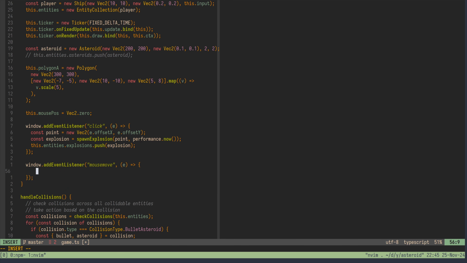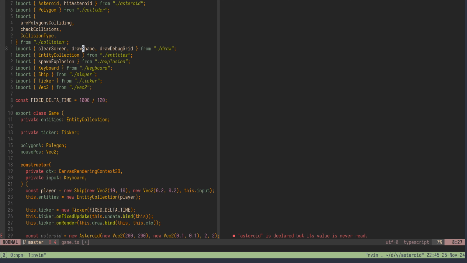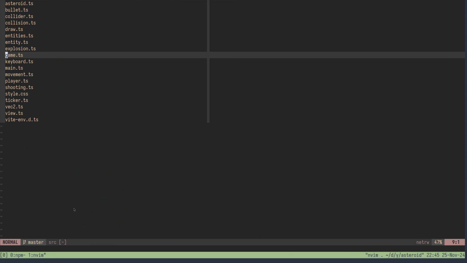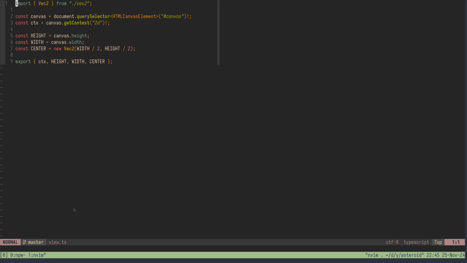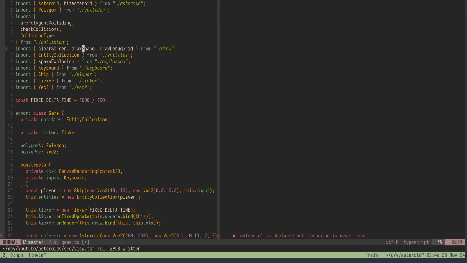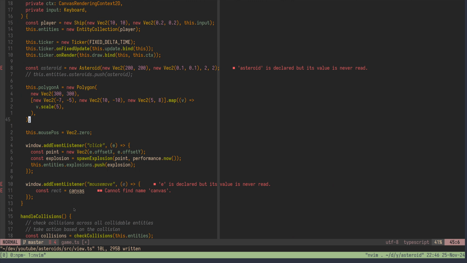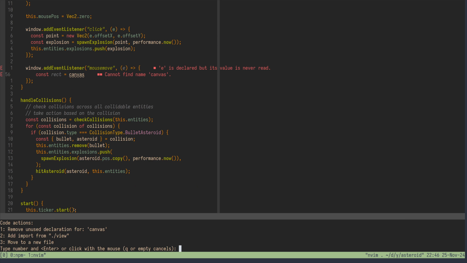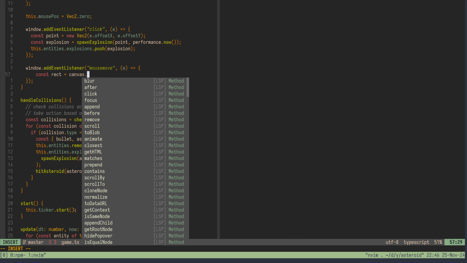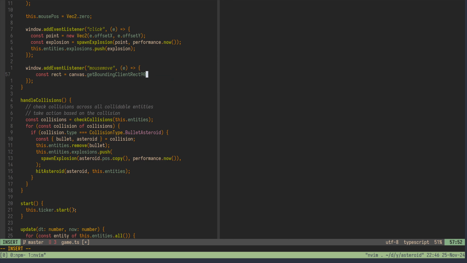So first what we need to do is we need to get the canvas. We need the bounding rect. We can say const rect is equal to canvas. Do we have access to canvas? No. Let's import that from our view. Does view expose canvas? No. So let's expose it. We can say canvas, and then we can import it here. Say canvas.getBoundingClientRect,